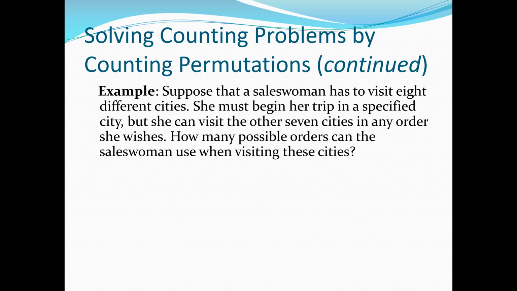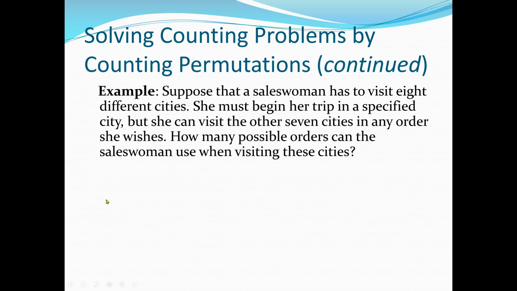So now I want to know how many possible orders the saleswoman can use when visiting these cities. First, we know there are 8 cities. The first city doesn't matter. We start with the first city, so the remaining is 7. Now the 7 can be in any possible